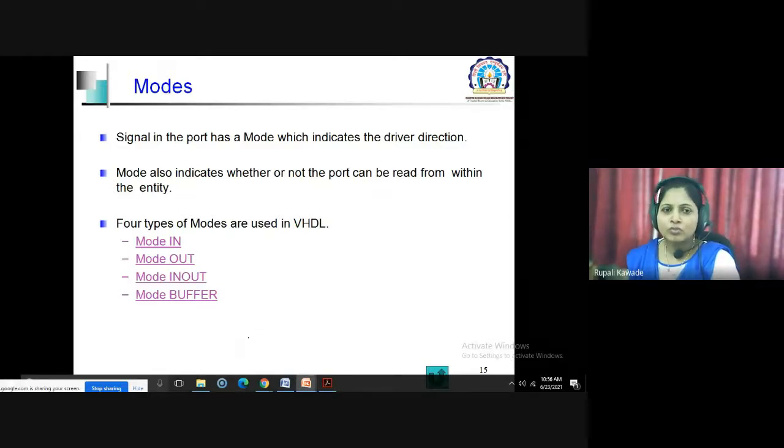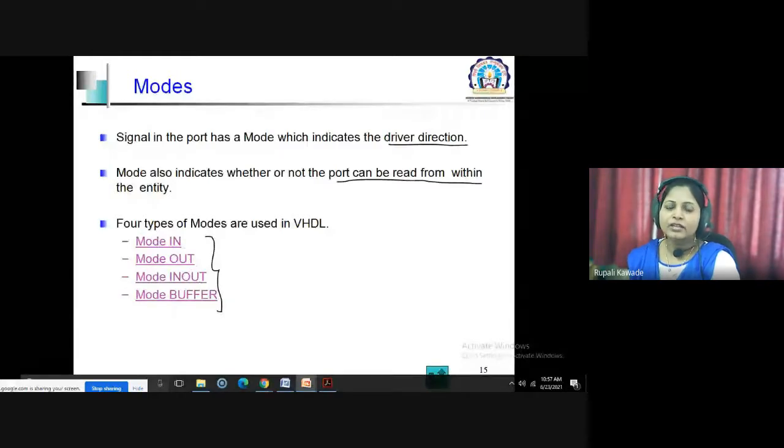So we are going to see which different modes are available for this entity. A port has a mode which indicates the driver location, that is, where the actual signal will be passed, from input to output or output to input. It indicates whether or not the port can be read from within the entity, or it will pass the output to the output pin. There are four different modes available in VHDL: in mode, out mode, inout mode, and buffer mode.